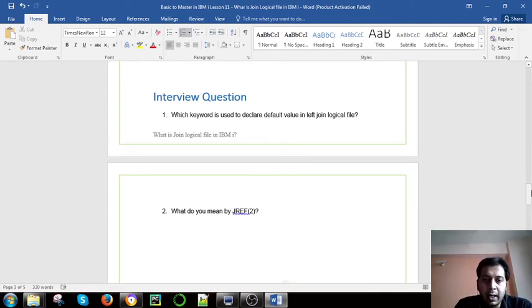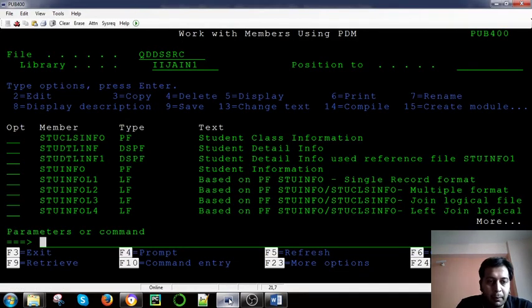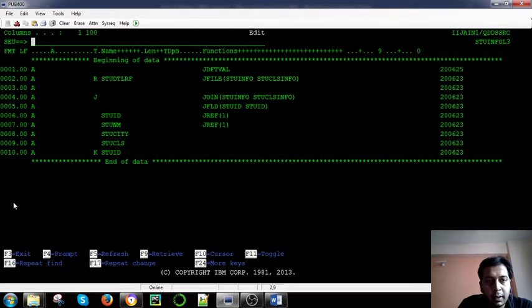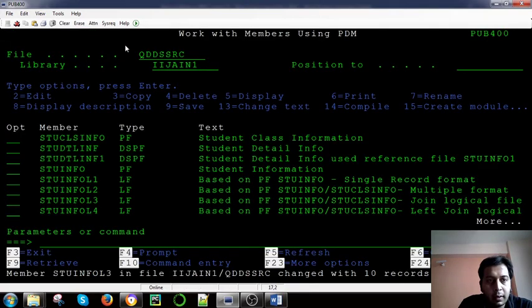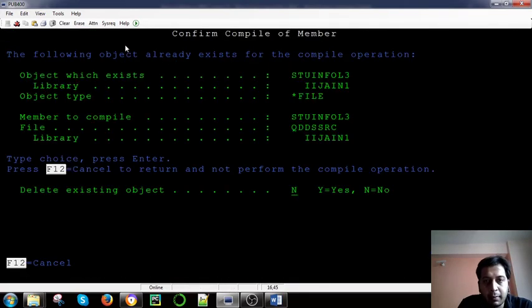And what do you mean by JREF2? Let's see an example of JREF2. Suppose I compile this program, and I have introduced the name as 2 here. Okay, and compile this program.